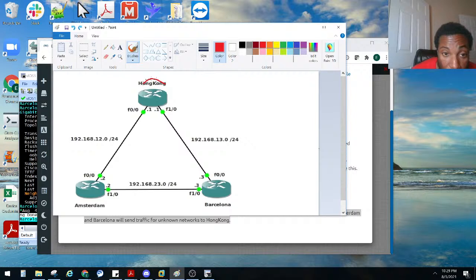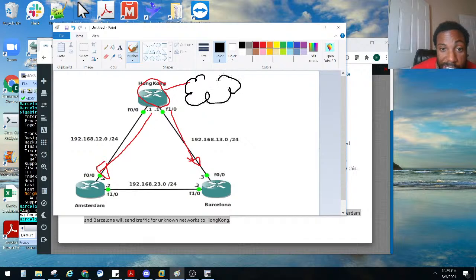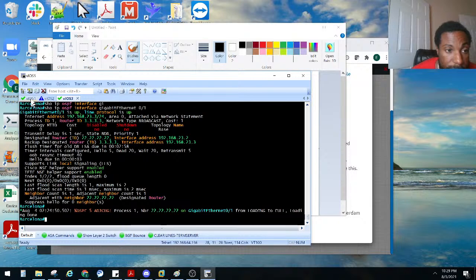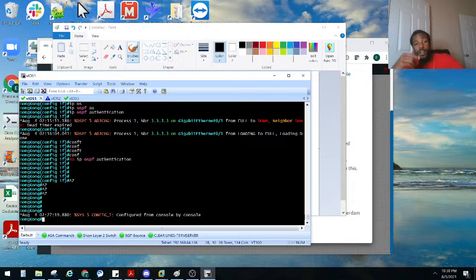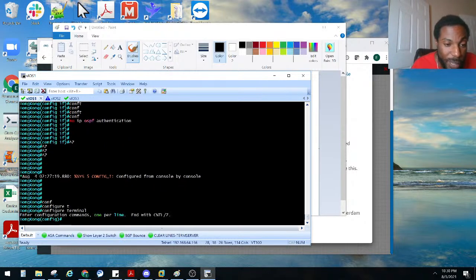So Hong Kong is going to send a default route to these guys right here. Let them know how they can go to the internet on our proverbial cloud, right? Our internet right here. That's the internet. He's going to let them know how to get there. Default-information originate. So we need to go to Hong Kong and do that. Hong Kong is over here, I believe. Yes. And then we'll call it a night. If y'all want to stick around and watch me try to troubleshoot the MD5 part, then so be it. I believe we got to go to router OSPF